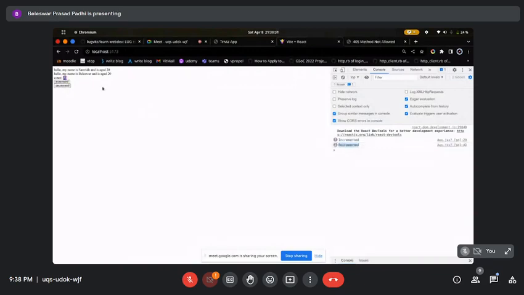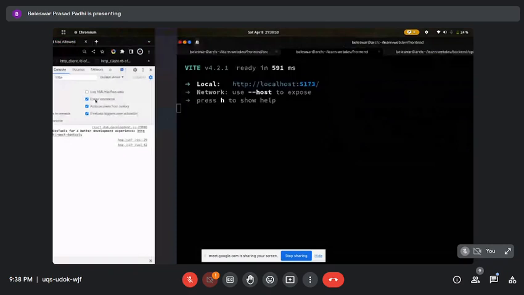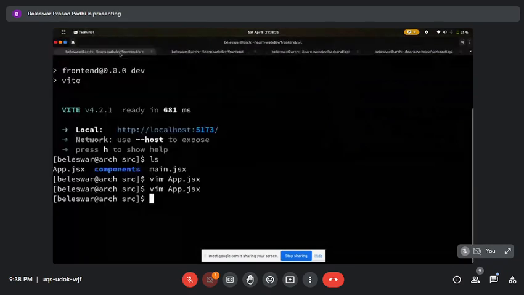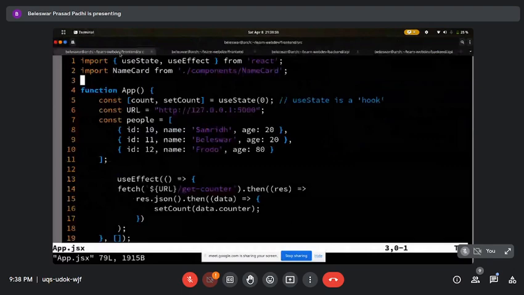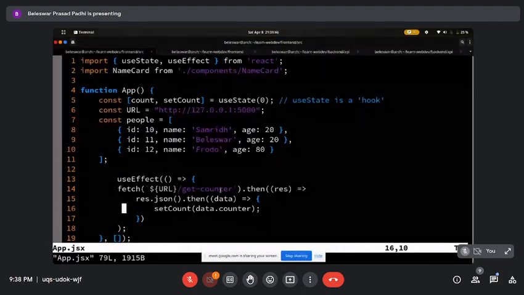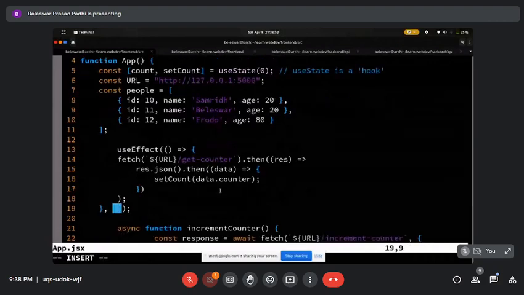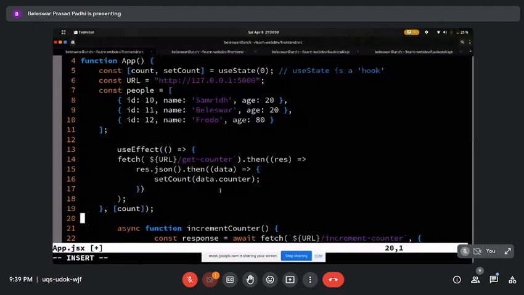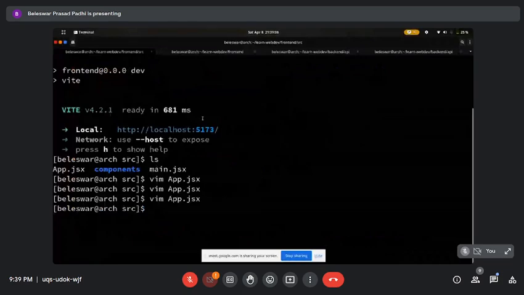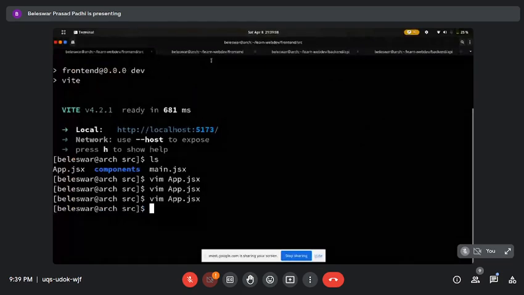So this is happening because we are not changing the state. If you remember in the useEffect that Samrit covered, what we are doing is fetching the value from the database, like from our backend in this route. So in here we don't have anything in the dependency array. Since it's blank, it's just called once when you run the code. But if you add the count variable in this dependency array, now whenever count is changed, like whenever increment counter or decrement counter is run, the count is changed, so it will fetch the latest value from your database. Okay. Now if you do this,